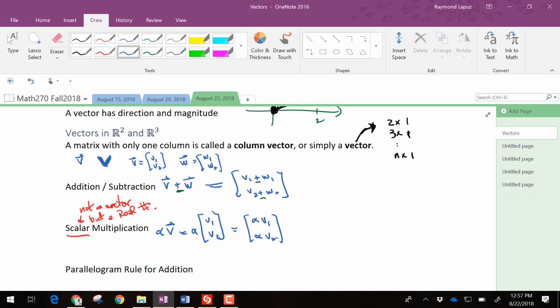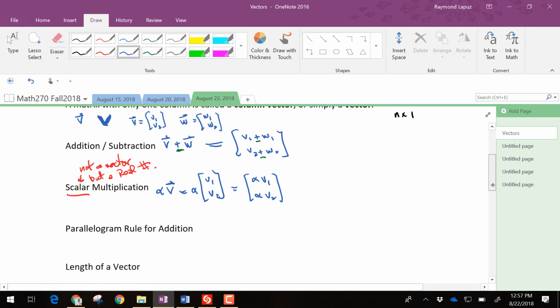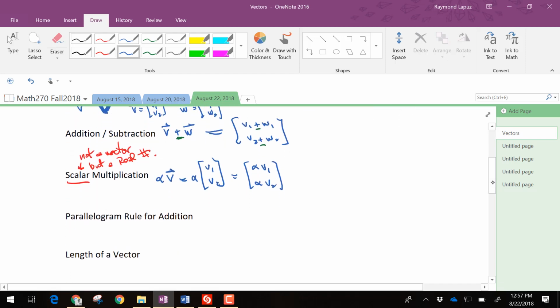There is a parallelogram rule that's related to addition, and it gives you a visual for the idea of addition. So if you have V and you have W, the way to visualize this is to put these two vectors with their tails at the same point. Then